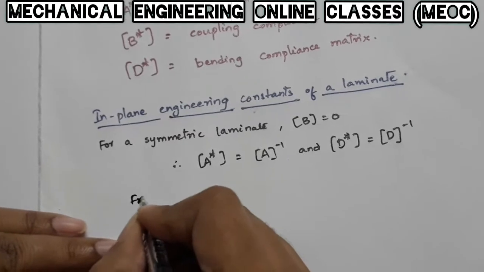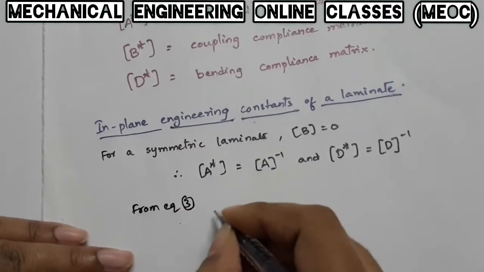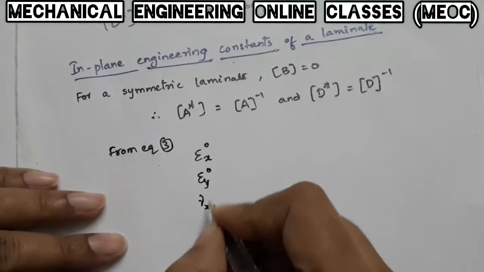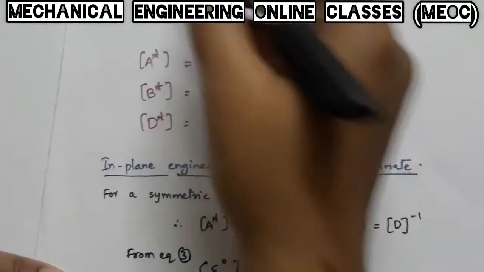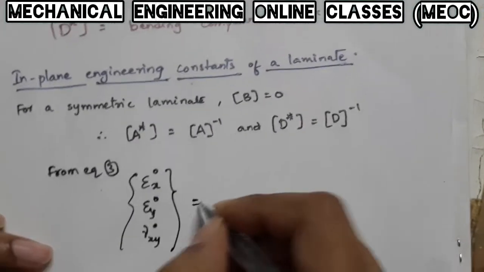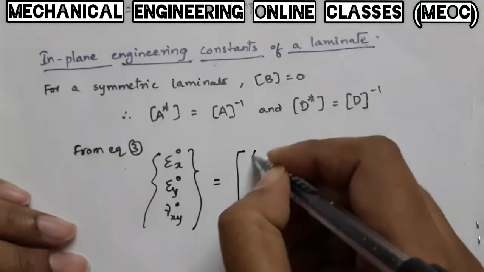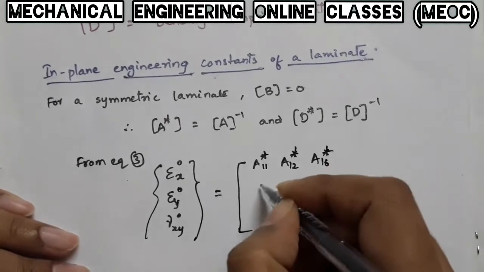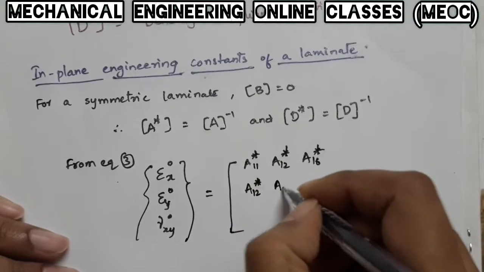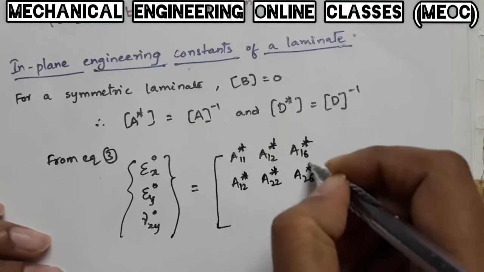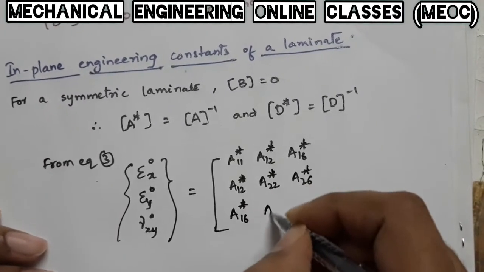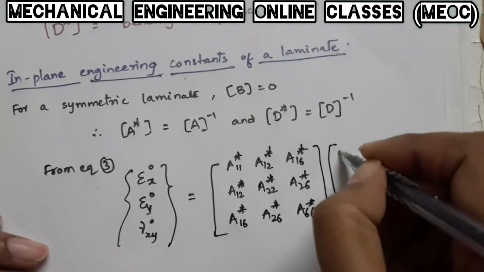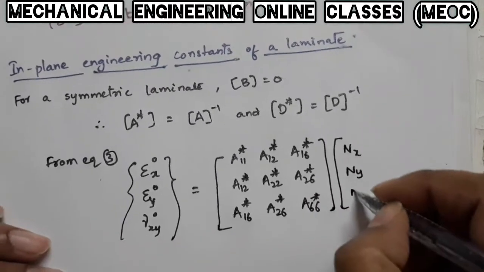Now from equation 3, I am writing equation 3: epsilon x naught, epsilon y naught, gamma xy naught is equal to A11 star, and so on, into nx, ny, nxy